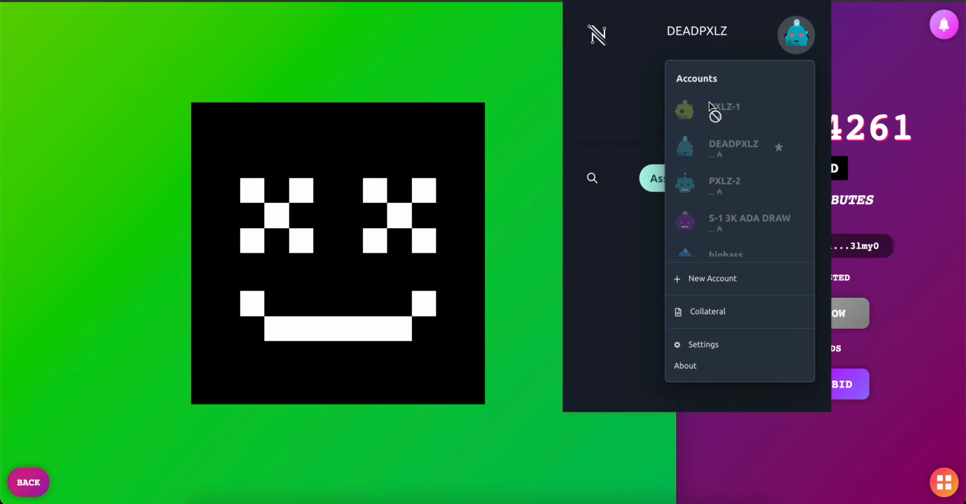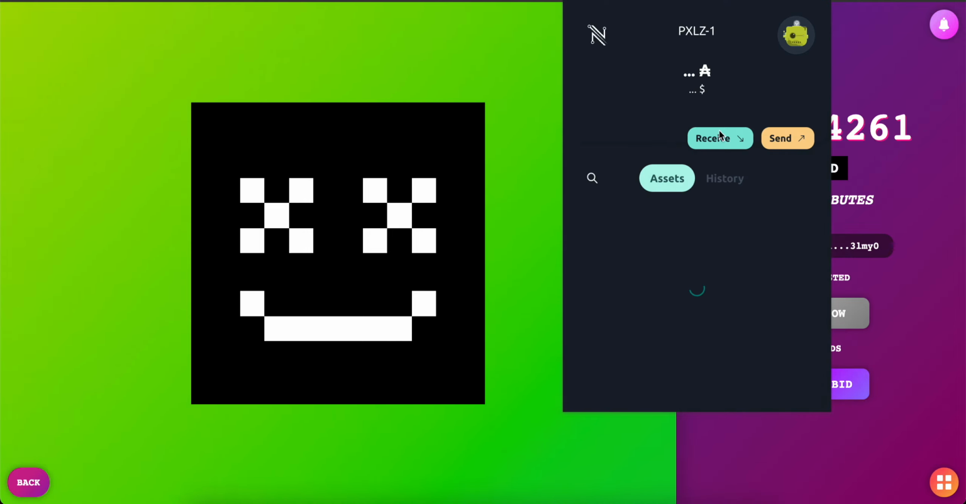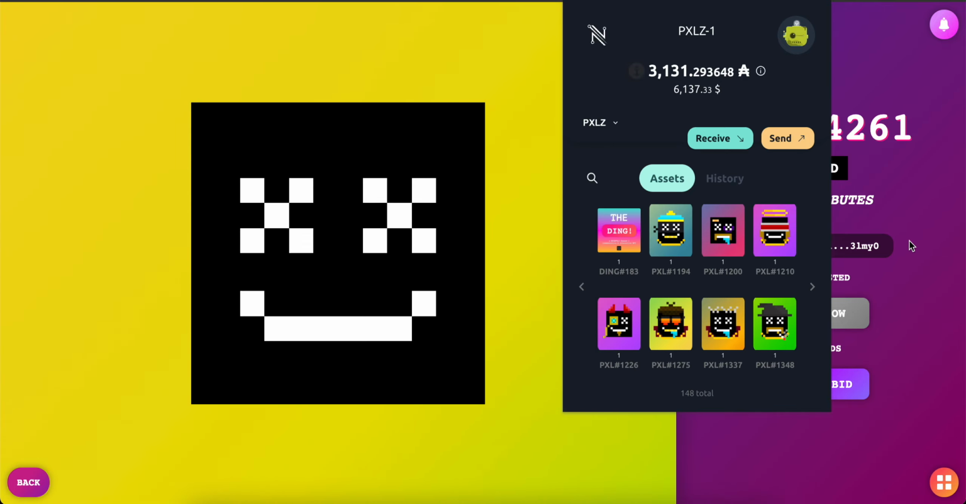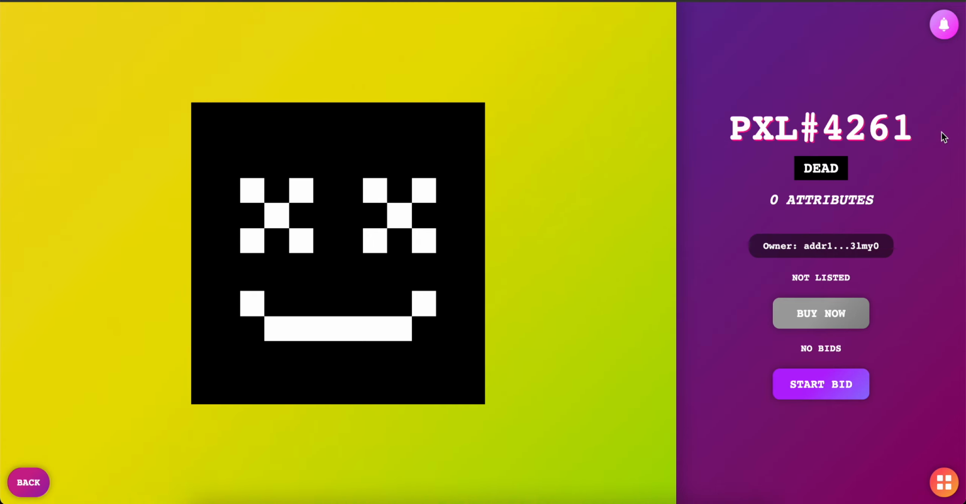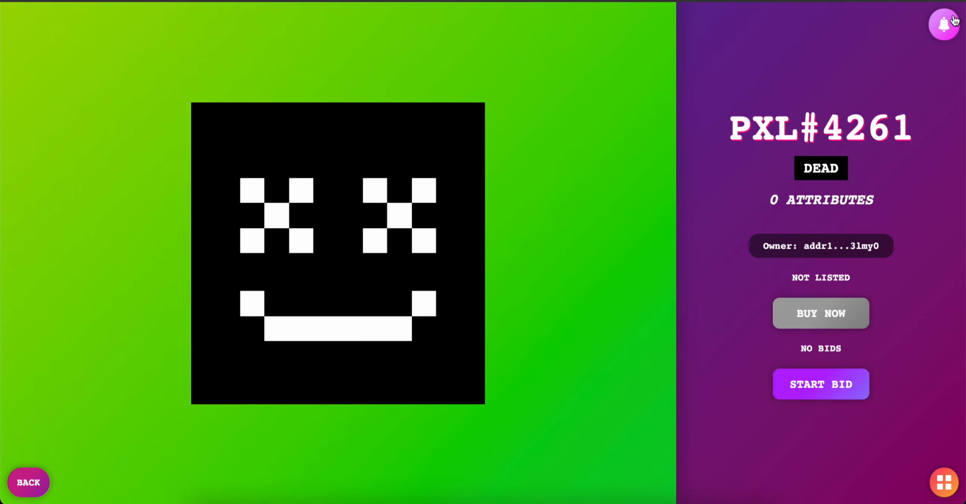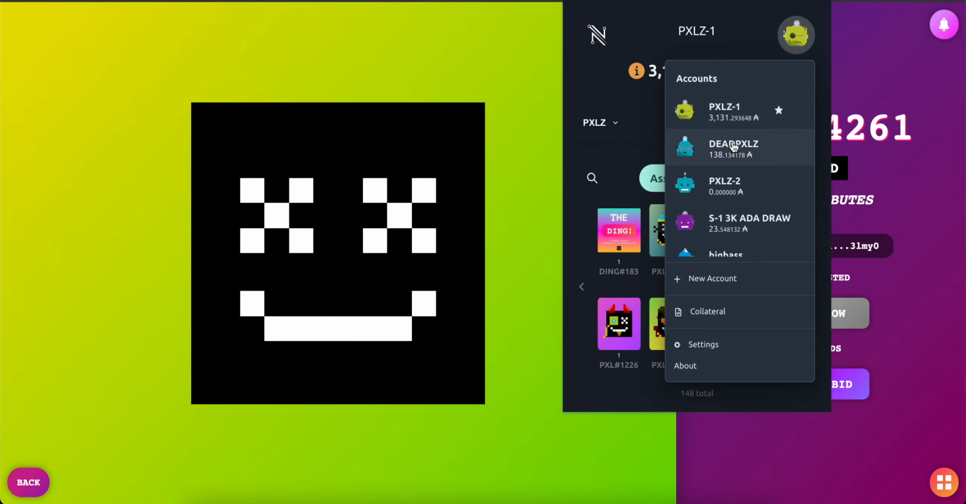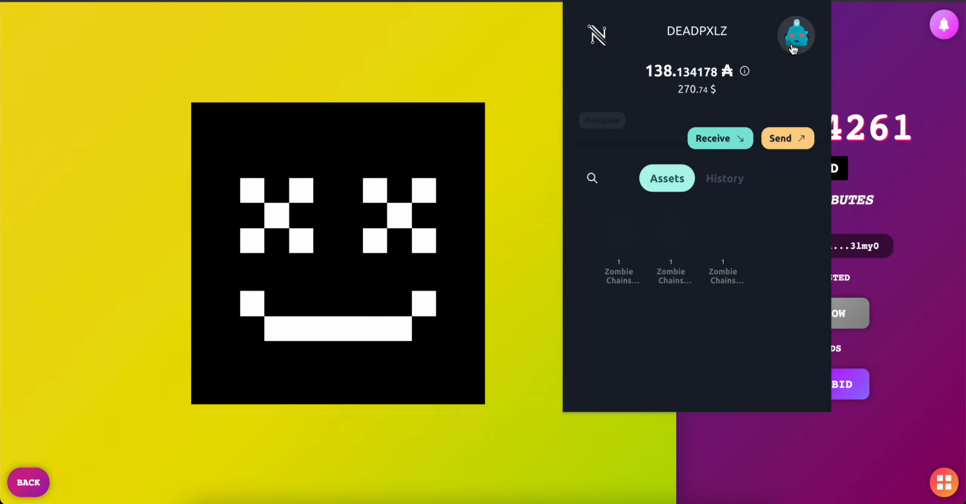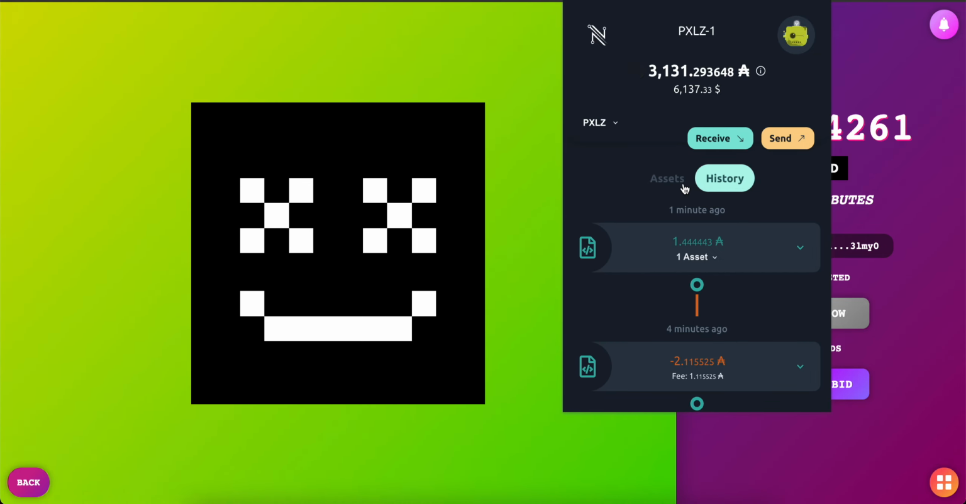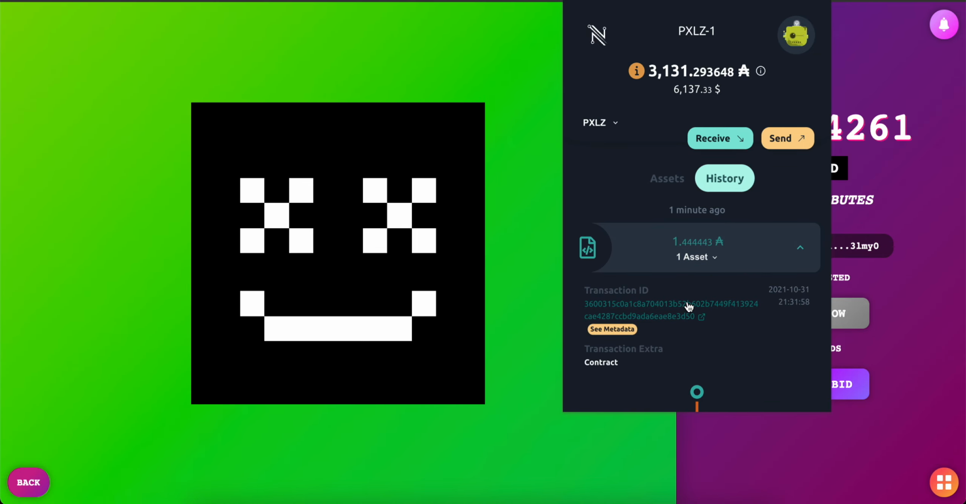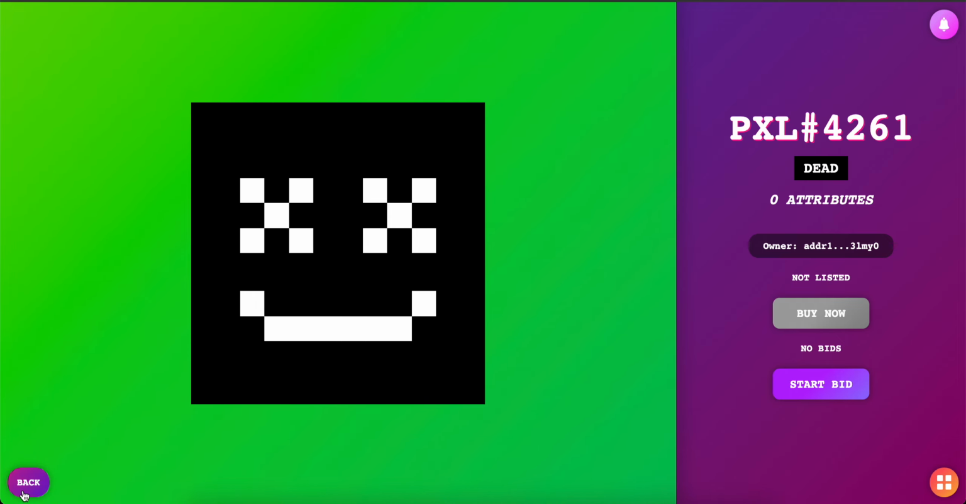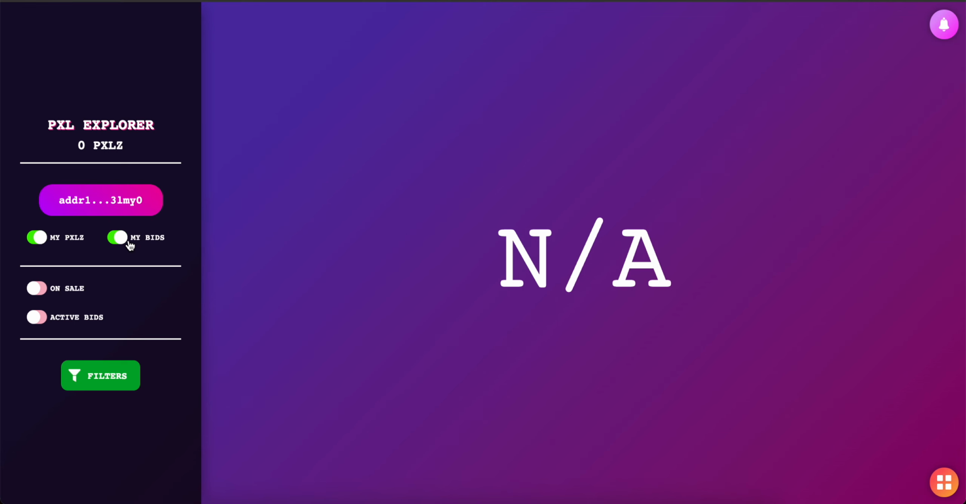And if we're gonna go to the wallet which bought it, one second. Oh, this is the bid taker. And we're gonna see that we have the pixel in our wallet. Okay, so